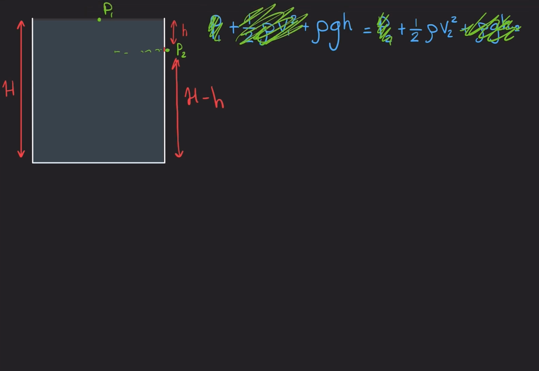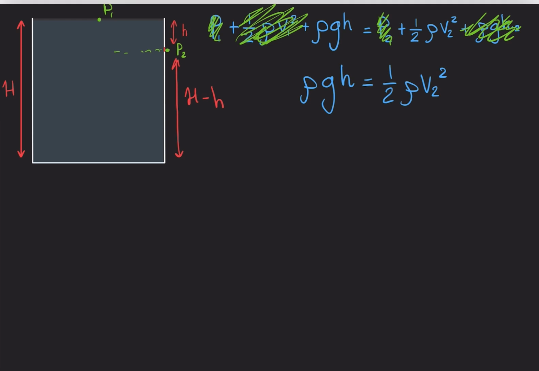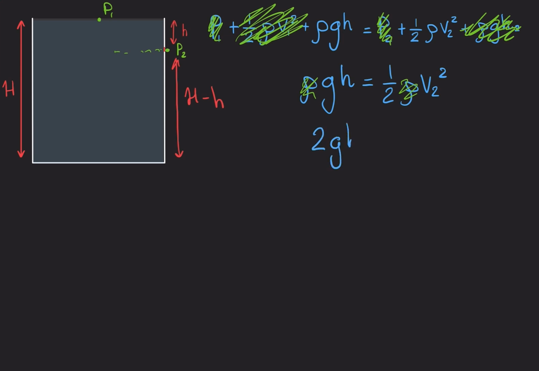And so what are we left with in the end? Well, we're left with rho, which is the density of the fluid, g, all these things, is equal to a half rho V2 squared. Perfect. And notice how we actually don't care about the density of the fluid, because it just cancels out. And so we know everything else. g is just a constant, h is a parameter that we've defined. So now let's just solve for the velocity. So I'll multiply both sides by 2, and I'll get 2gh. I'll take the square root, and this will